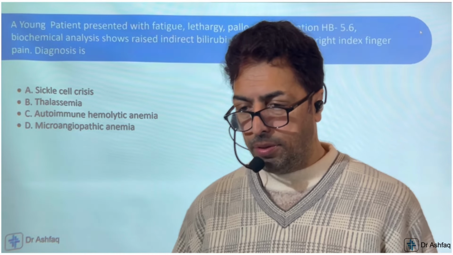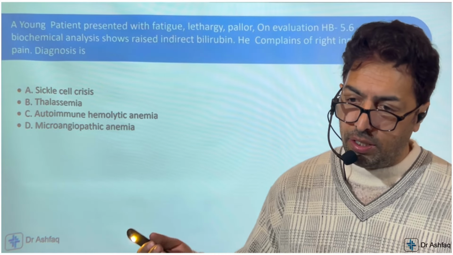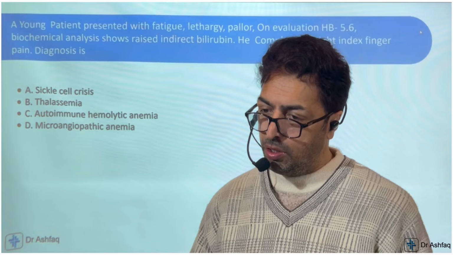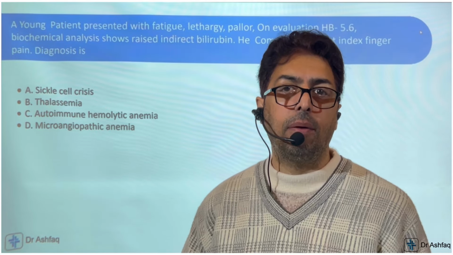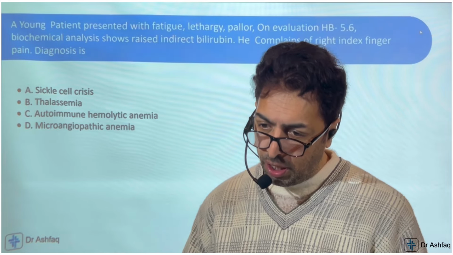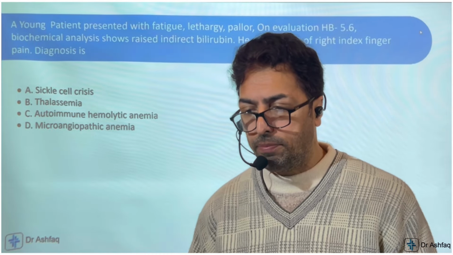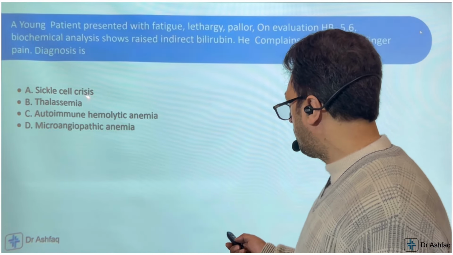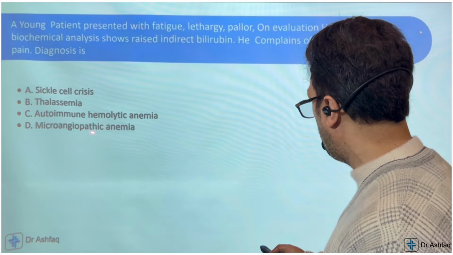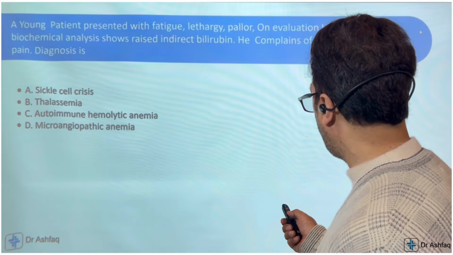Another question asked: a young patient presented with fatigue, lethargy, pallor, and on examination, evaluation of the pallor on the palpebral conjunctiva, hemoglobin 5.6. Biochemical analysis shows raised indirect bilirubin. Complaints of right index finger pain, diagnosis is? Now, sickle cell crisis, thalassemia, autoimmune hemolytic anemia, microangiopathic anemia. So there can be so many things which can be associated. But over here, there's fatigue, lethargy,